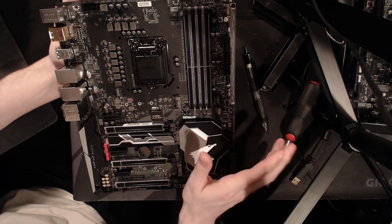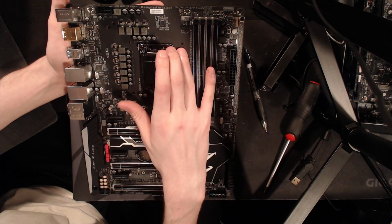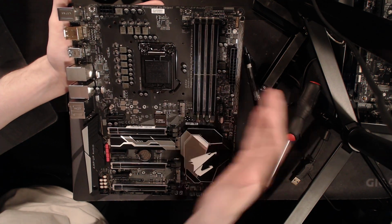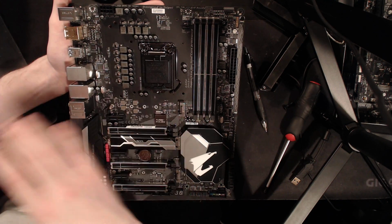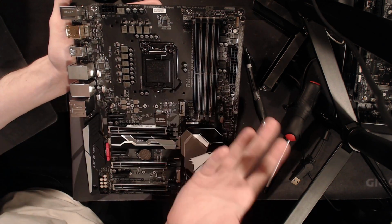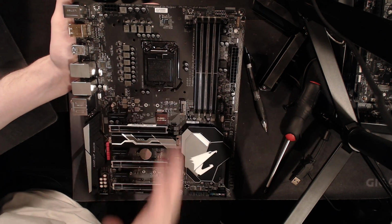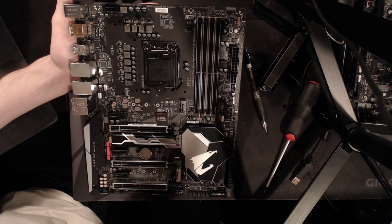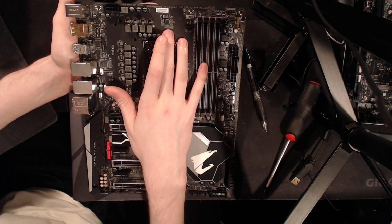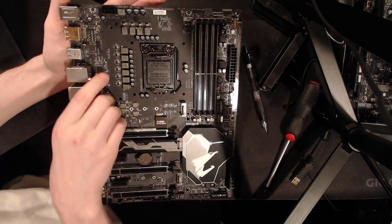VRM setup? Well, the voltage controller here is actually an Intersil ISL69138, which is not even an 8-phase proper voltage controller. It's a 7-phase, and it does anything from like a 4 plus 3 to a 7 plus 0, so you can do like a 6 plus 1, 5 plus 2, 4 plus 3, you get the idea. And you can also do things like a 4 plus 0 or a 4 plus 2. And here the ISL69138 is configured for a 4 plus 2, but there is a very special chip on